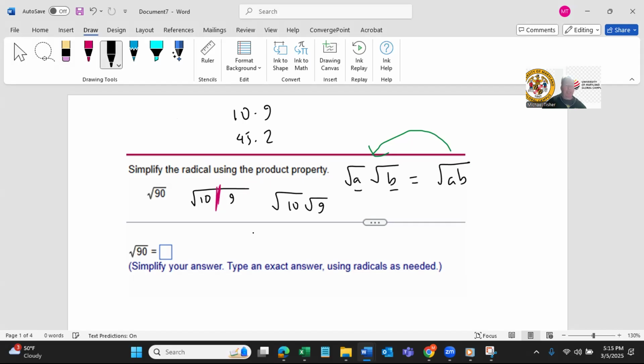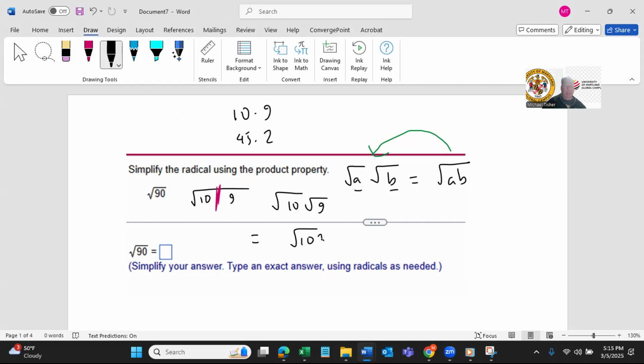Now, what can we do with that? Well, it just so happens that 9 is a perfect square. And so we can rewrite this square root of 9 as 3. Square root of 10 is not, but that's okay. We'll just bring it down as square root of 10. And so that